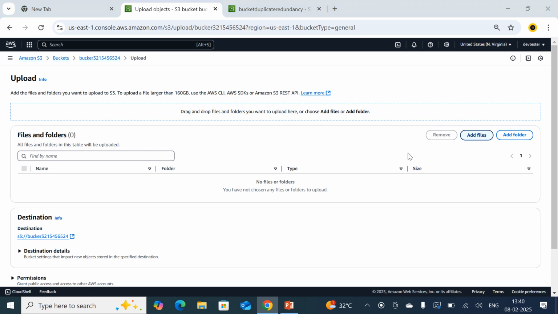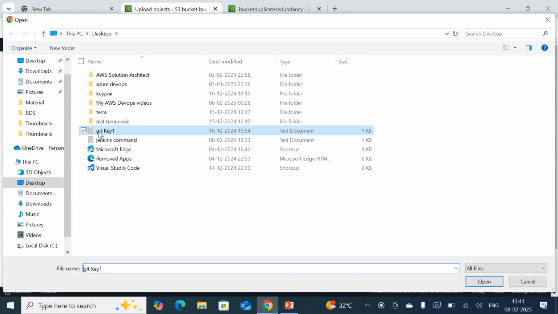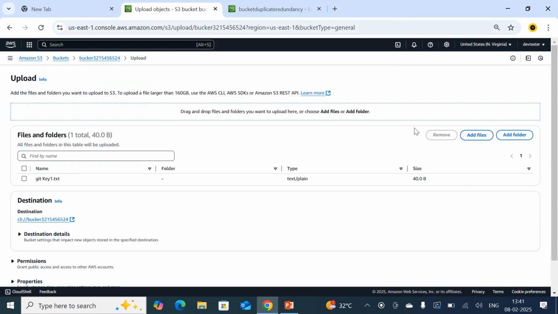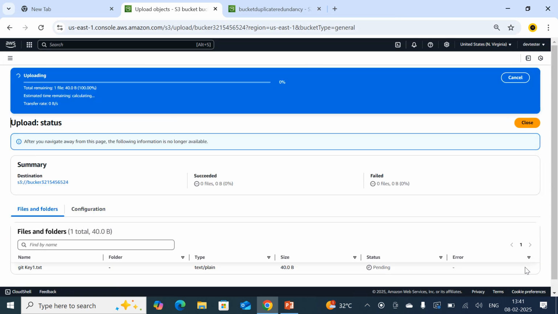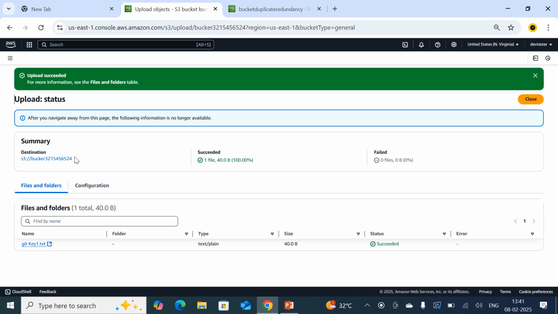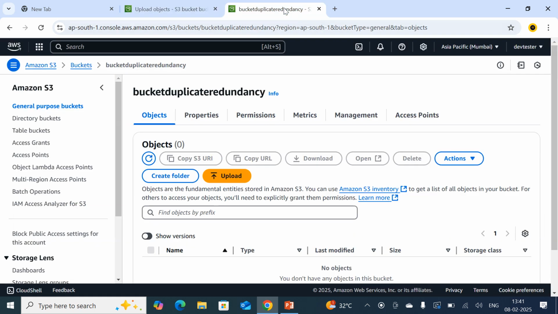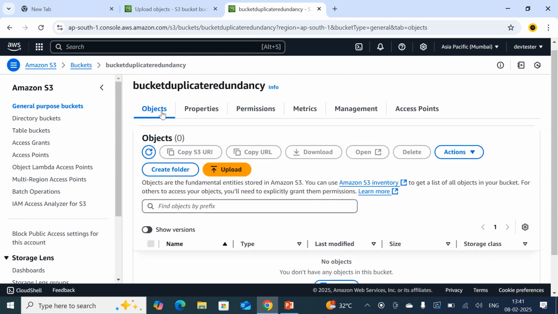Suppose I upload any kind of object into this, so I'm going to upload git key one. So just click on upload here. The bucket I uploaded to is bucket 32154, some random name, and this bucket is in the Northern Virginia region. Whenever I upload the data, it is going to replicate in the bucket which I created in the Mumbai region.